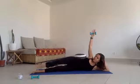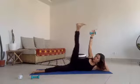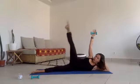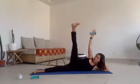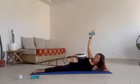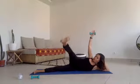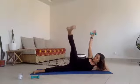Top leg up, flex to bring it down. Lift, flex and pull. 3. The next one stays up to the sky, hold, flex the foot, let the leg come forward to almost touch towards the floor and then lift right back up. Forward, and lift. For 3, breathe. 2,